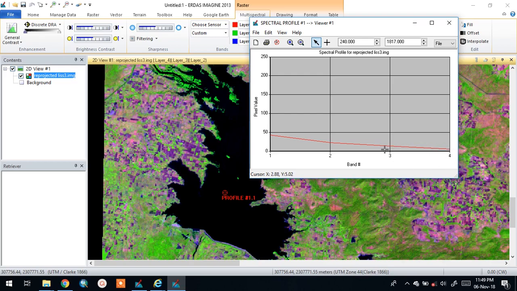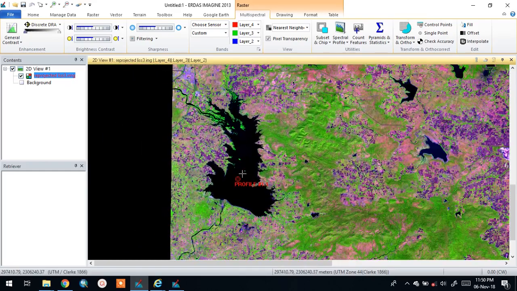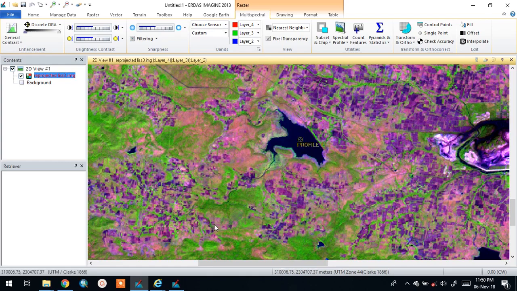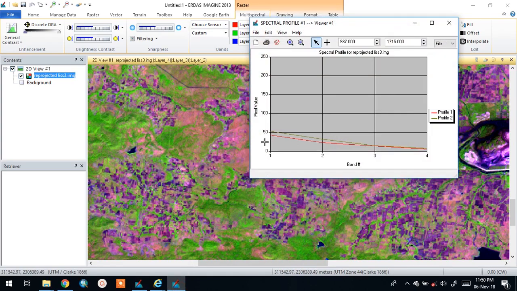That's why it is showing higher pixel values in band 1 green and red portions than near infrared and shortwave infrared portions. If you want to draw another spectral profile, click again on this plus, create new profile point icon. Minimize the window, go to any water body and open it again. See, whatever may be, the trend is the same. You can observe the trend is the same. And this reflectance depends upon the water body, the turbidity of the water body, depth of water. It depends on various factors.